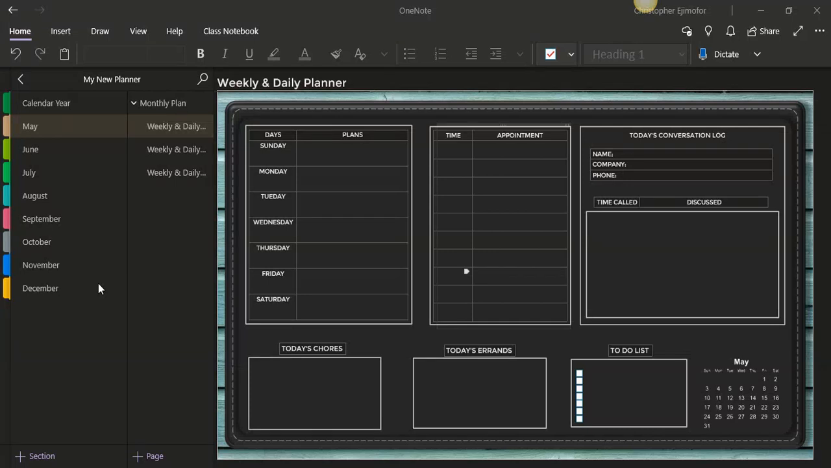My name is Chris and today I will be showing you guys how I created this amazing one-page weekly slash daily planner. I just wanted to create something that I can see all in one, so it's easier for me to look at my weeks and also look at my daily appointments and my today's conversation log and time the